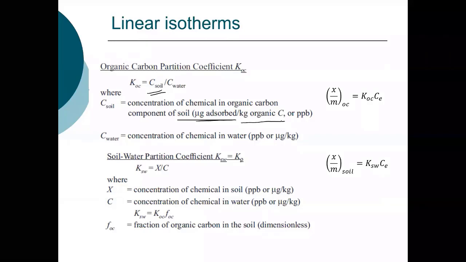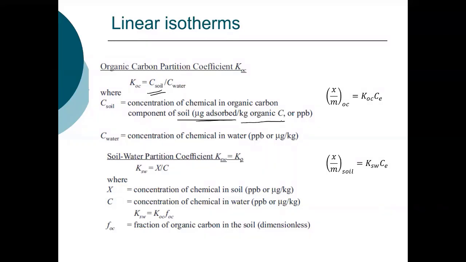We also talk about soil water partition coefficients, and here now you're looking at the actual concentration in the soil itself, so the bulk soil, and that is related to this KOC value